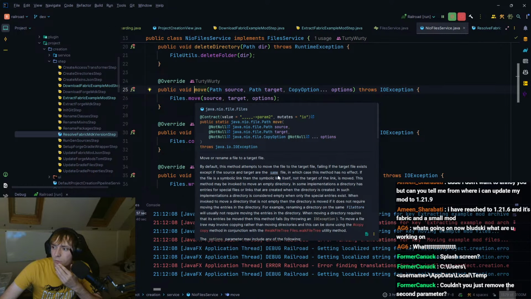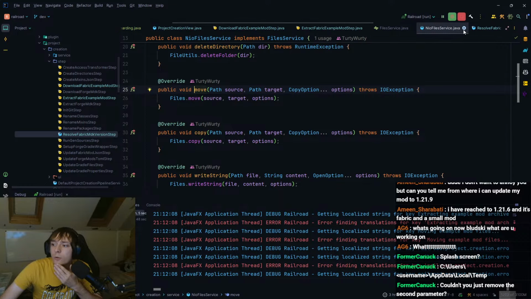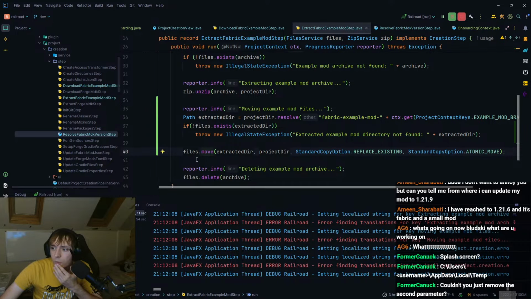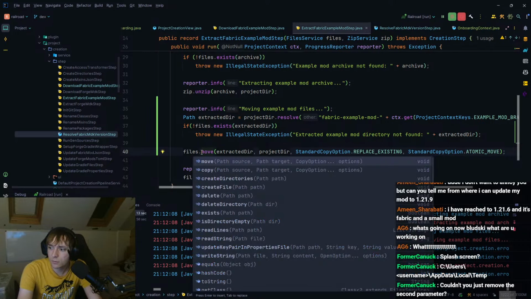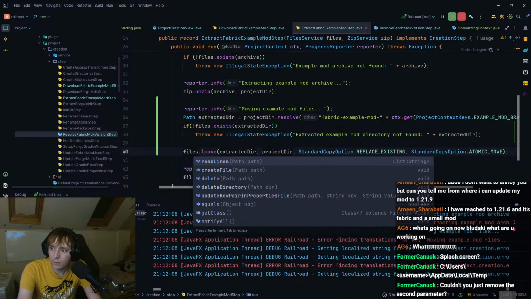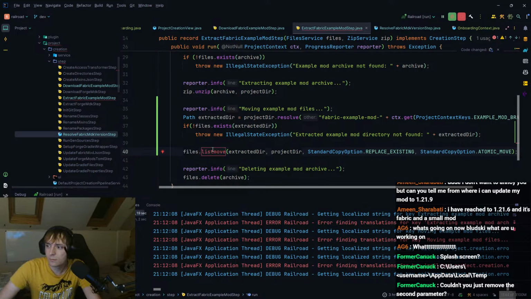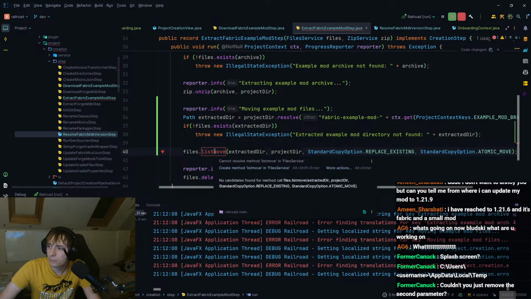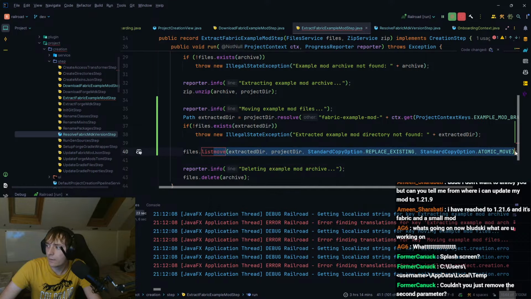You can move a directory, right? Oh, because I don't want to move the directory. I want to move everything inside the directory. I want to do Files.list. I need to do like Files.list. And then